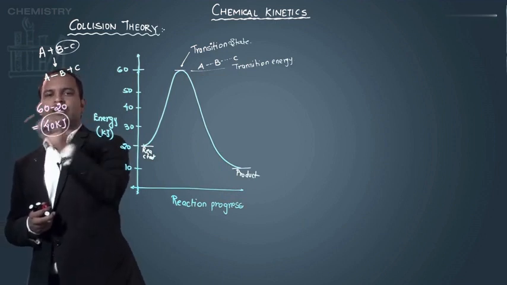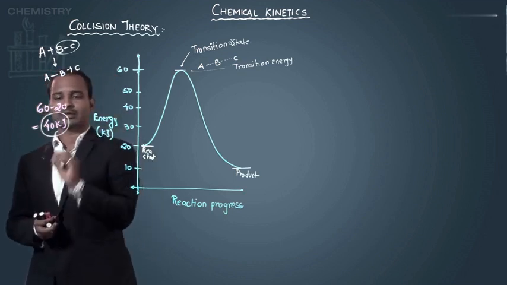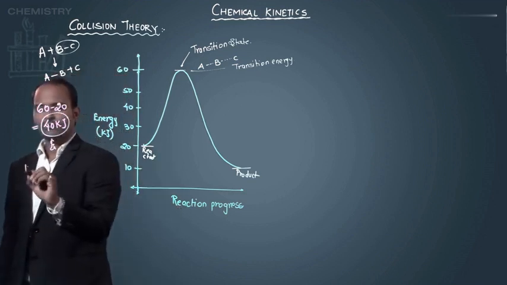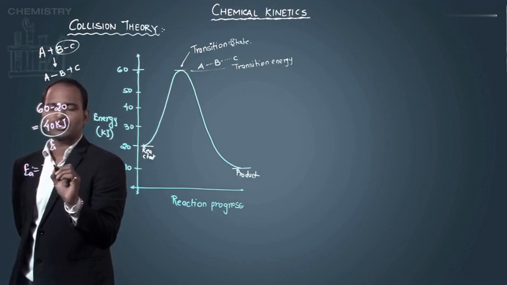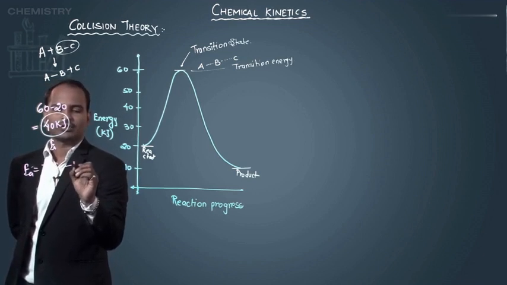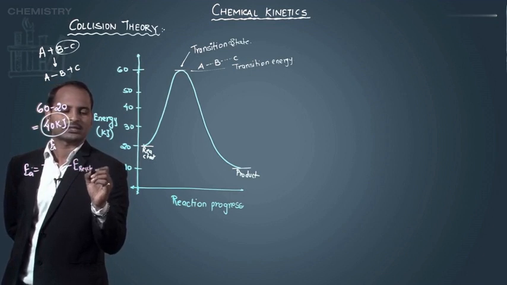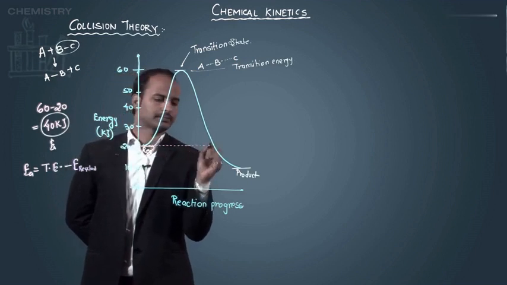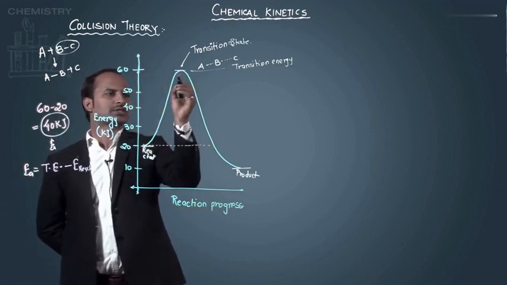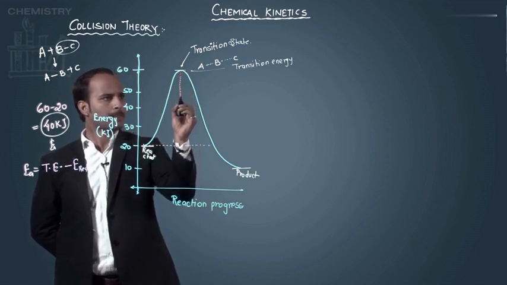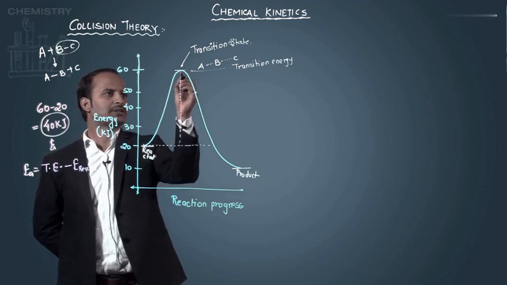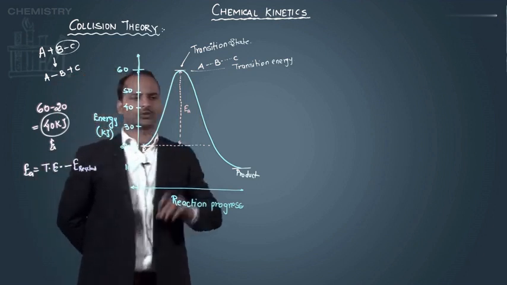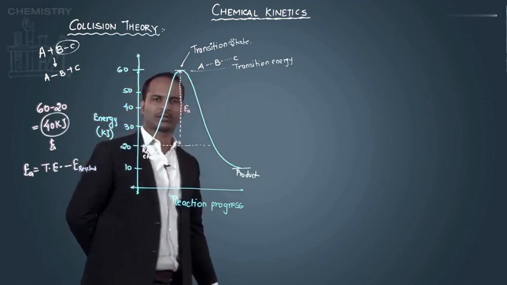So that energy which is required for a reactant to get converted into product is called activation energy. So here this difference is called activation energy. So what is activation energy? It is the difference of the transition energy and the energy of the reactant. So this is the energy of the reactant and this is the transition energy. Their difference is called activation energy. That is, the reactant molecule requires this much amount of energy to get converted into